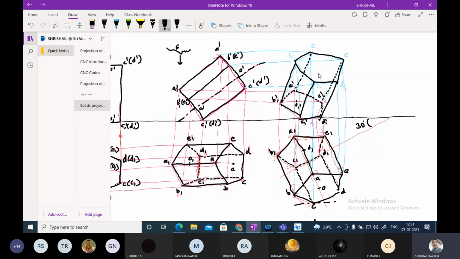And the O from here and O from here, it will be somewhere coming. So this is the axis line and this will be O dash. Okay, similarly, you can look upon this A dash, B dash, C dash, D dash and E dash.